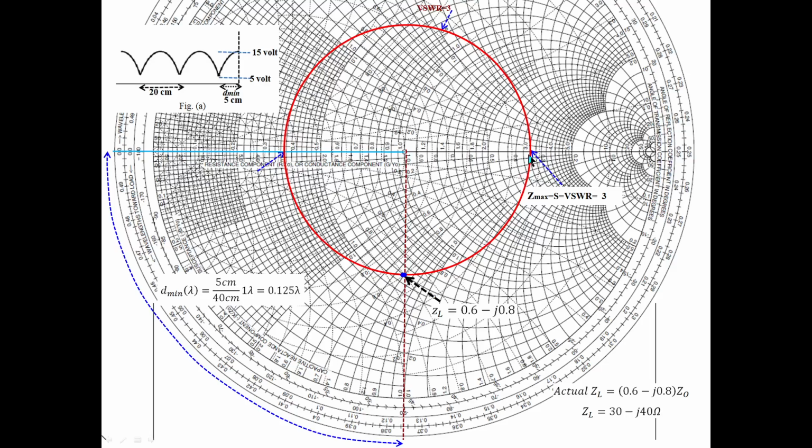After drawing that, we come to know this is the maxima. So this is the minimum impedance. Minimum impedance occurs here, maximum impedance occurs here. But in the problem, what is given? The minima distance is given. The load is at a distance of 5 centimeters from the minima, which is here. From here, the load is at a distance of 5 centimeters. So you should convert this 5 centimeters to wavelength.